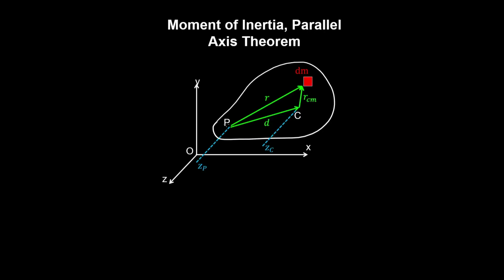If we know the moment of inertia of a planar rigid body about a perpendicular axis passing through its center of mass, then we can find the moment of inertia about any other z-axis passing through some point P, and that axis is parallel to Z_C. So if we start with a definition of the moment of inertia about this arbitrary axis,